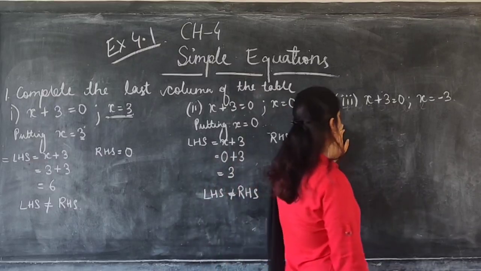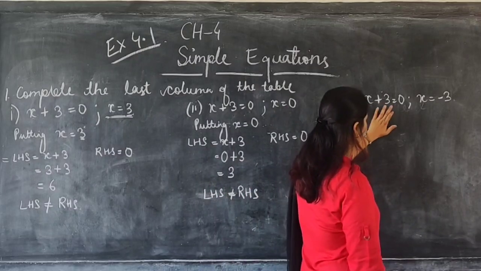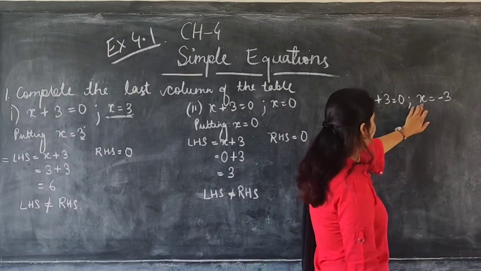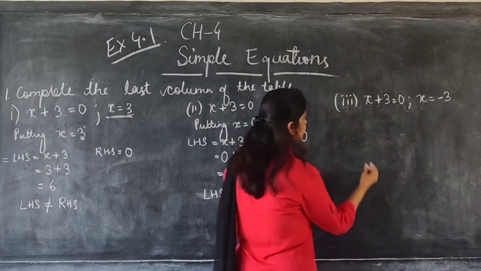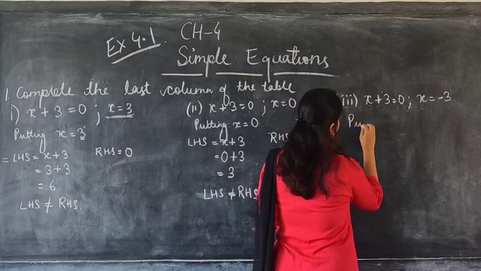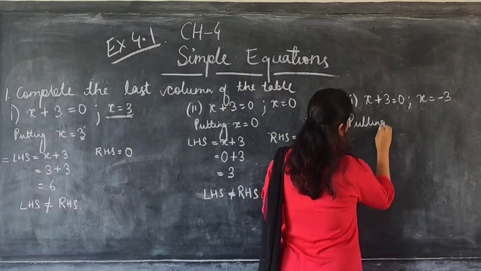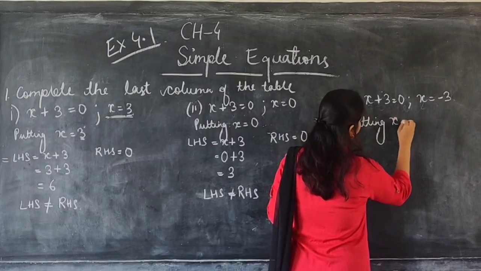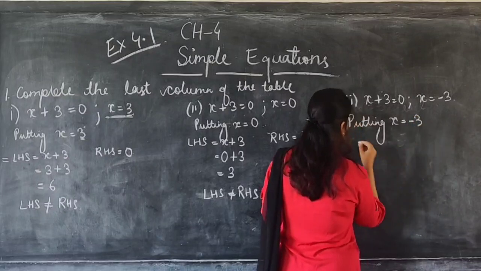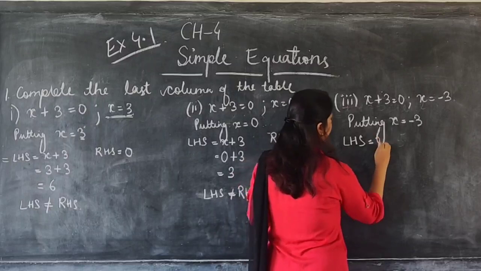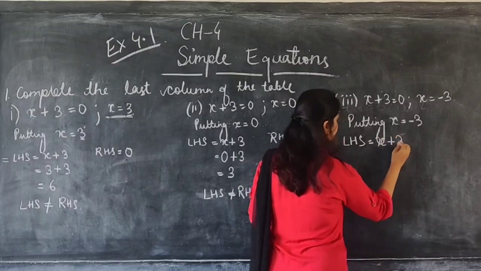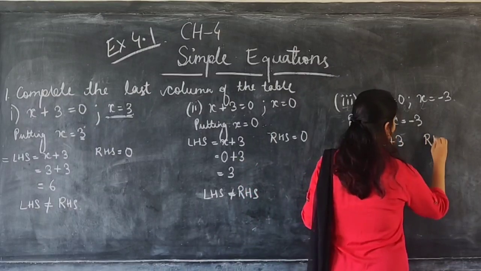Now here, question number 3. X plus 3 equals 0. X equals minus 3. So the value of x is minus 3. So putting x equals minus 3. So write LHS. Left hand side equals, write the equation x plus 3. And right hand side